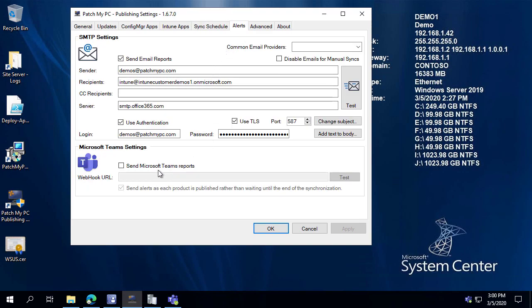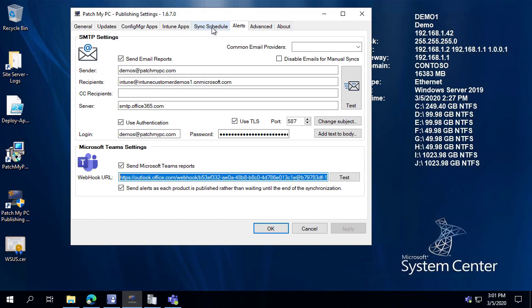Before running our first synchronization, we do have some alerting options. So you can enable SMTP email notifications if you want to. We already had this pre-configured to save some time. And you can even configure Microsoft Teams webhooks if you want to post notifications directly to a Teams channel. So here's a demo Teams channel that we've created a webhook for that we want to get notifications whenever anything